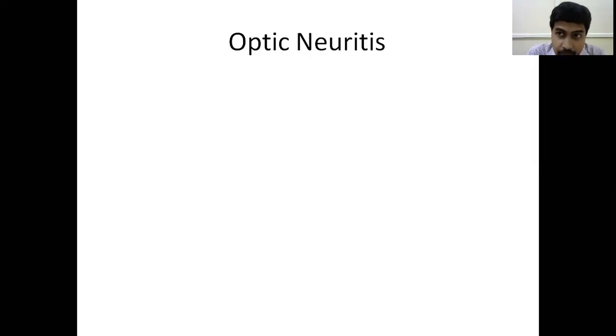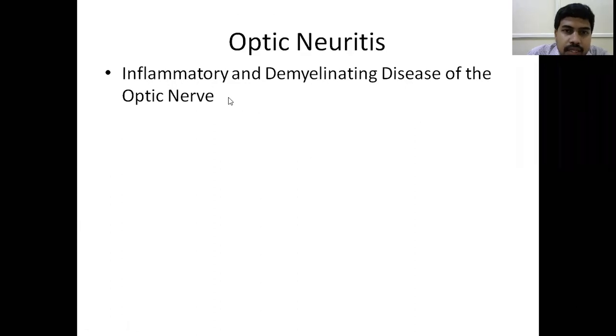Okay. So coming to optic neuritis, it is a very important disease. You can see it in your clinics day in and day out. As well as this, optic neuritis is very important from the exam point of view. So anywhere the term itis is there, it means inflammation. So neuritis is inflammation of the nerves. So optic neuritis is inflammation of the optic nerve. Okay. So what is this? It is an inflammatory as well as a demyelinating disease of the optic nerve. The optic nerve is surrounded by a myelin sheath. So an inflammatory as well as demyelinating disease of the optic nerve is known as optic neuritis.